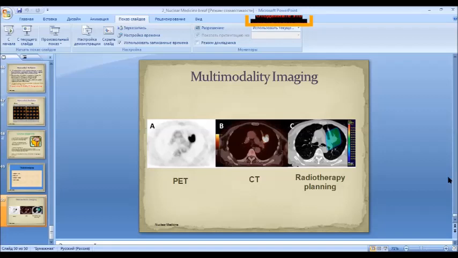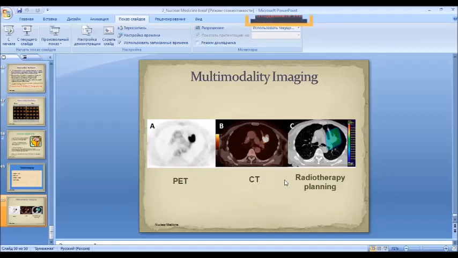You can't establish the location of this pathology. But when you combine, when you overlap positron emission tomography imaging with usual CT, everything becomes